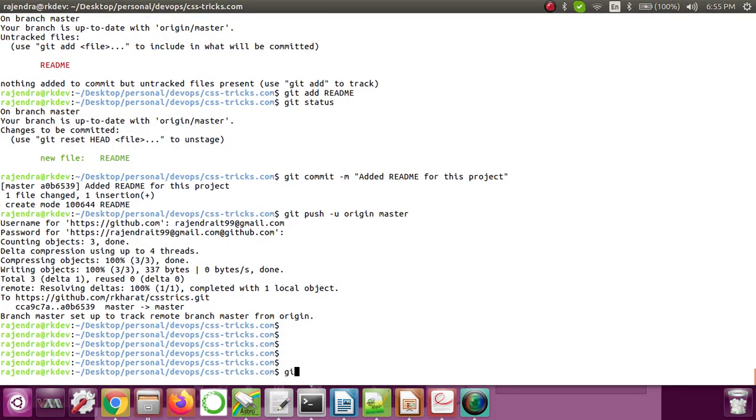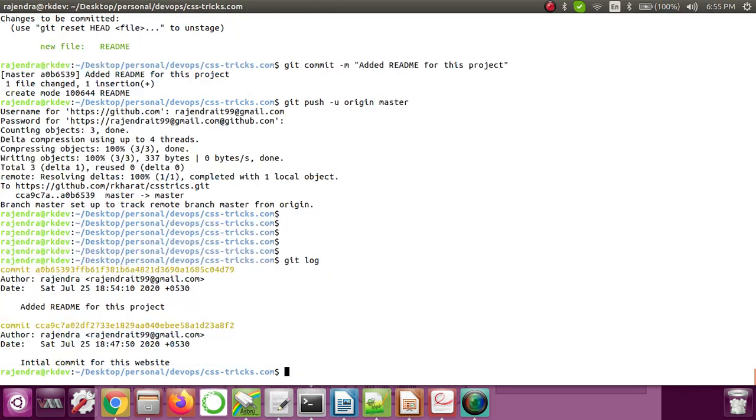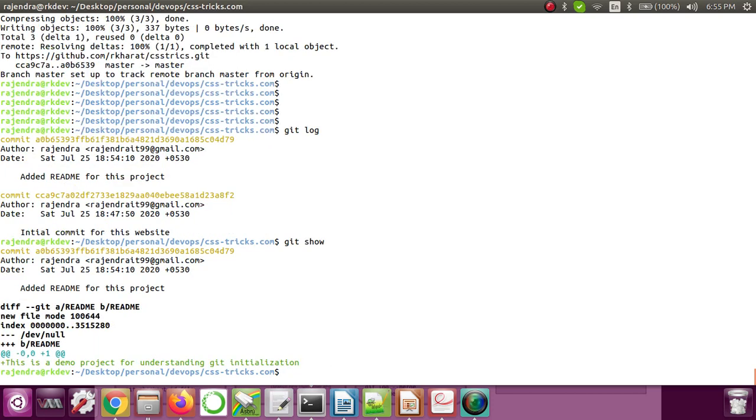So we know that git log command will show all the commits. Okay, but if you see git show, what it is showing, it is showing the recent commit. Okay, so this is our recent commit, added readme for this project. Okay, and whatever the changes happen to that recent commit, this git show command will provide us. Okay, but if you see git help